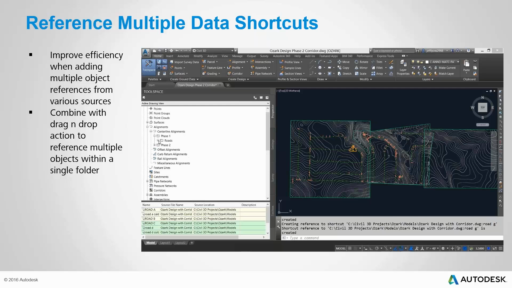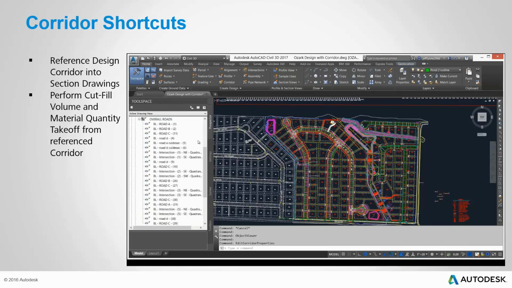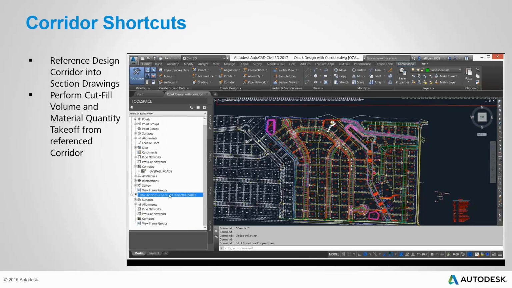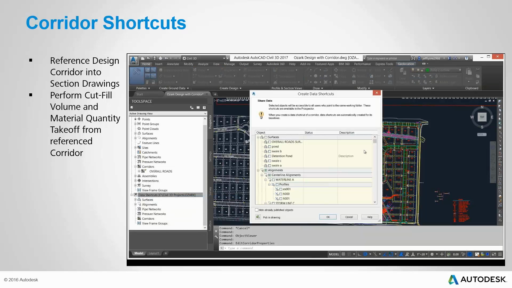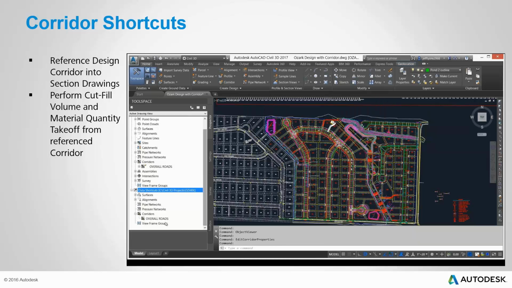Okay, the next one let's talk about is the ability to create DREFs or shortcuts for a corridor. So what we looked at on this was, the corridor tends to be one of the largest files that you create, right? Because to build it, you need everything that's going to influence the corridor. So you need the surface, you need the alignment and profile or alignments and profiles, you need any of the features or line work that you're going to target, all those things that the corridor needs to make its